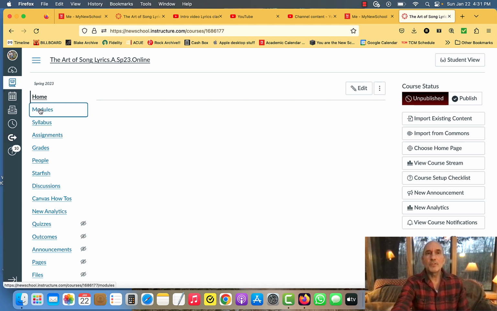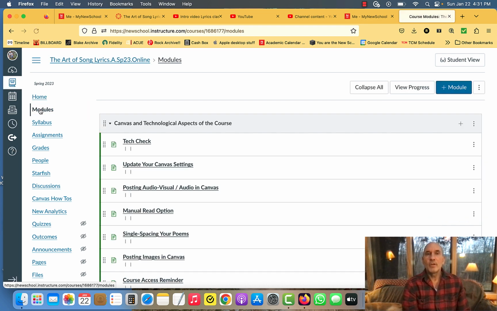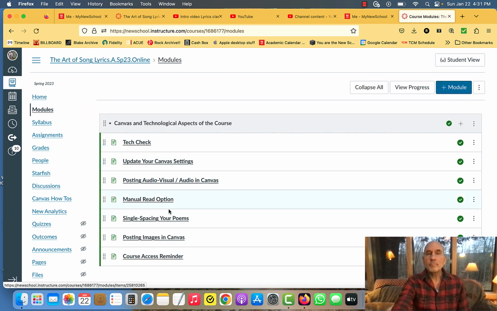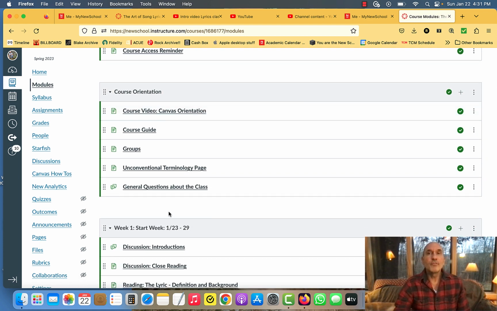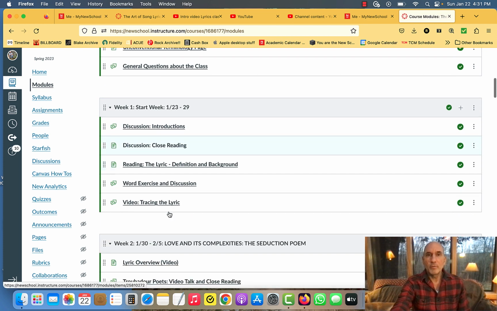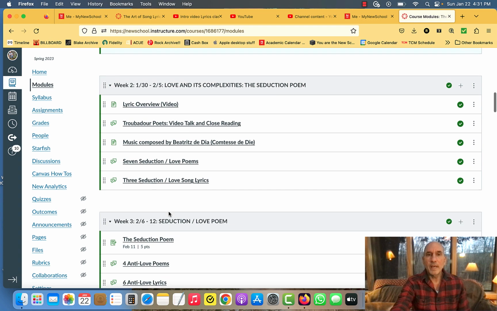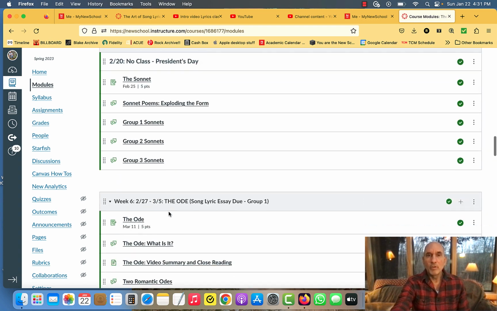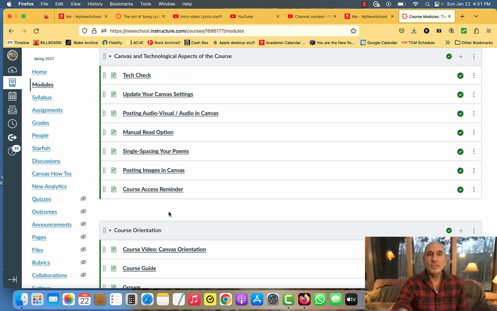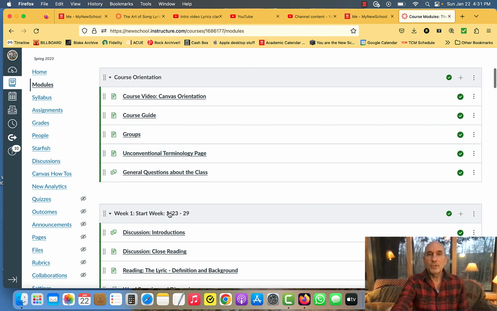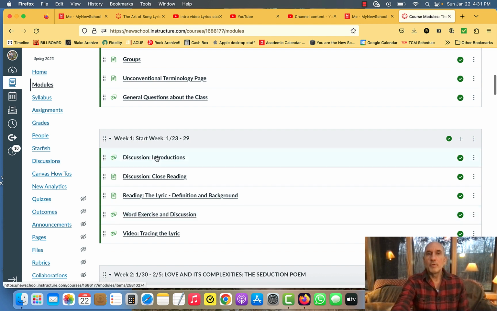And if you click modules, you will see weekly modules, weekly clusters of assignments and activities and readings, starting with week 1, and then it'll go down all the way through week 15. Okay, and you'll see you can't open these until the appropriate time in terms of the module, but you will be able to see everything that needs to be done, for instance, in week 1,